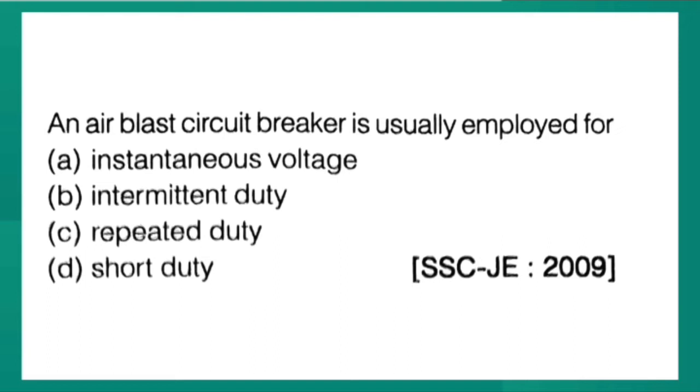They are used for interconnected lines and important lines when repeated or rapid operation is desired. They are used in range of 132 kV to 400 kV with breaking capacity up to 7000 MVA, megavolt ampere. Okay. Because of repeated duty, the application of ACB is traction system and arc furnaces.